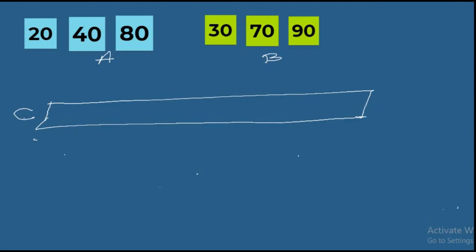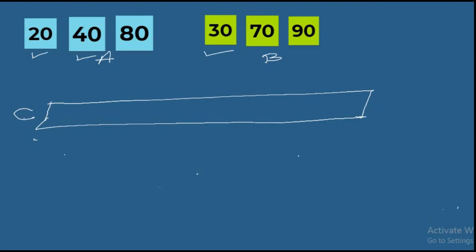So how we are going to do this? First of all, we will compare the first element of array A and the first element of array B. Whichever is smaller will go into C. Again we are going to compare the elements of A with the element of B, and again whichever is smaller will go into C. In this way the process will go on until there are no elements left in one array. After that, all the remaining elements of the other array will be copied into this resultant array.